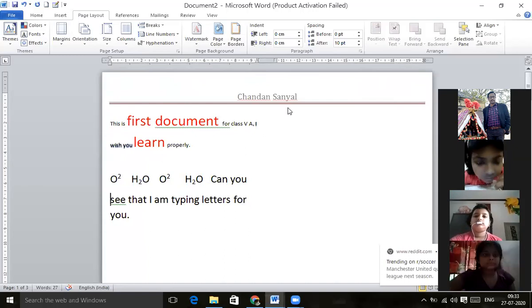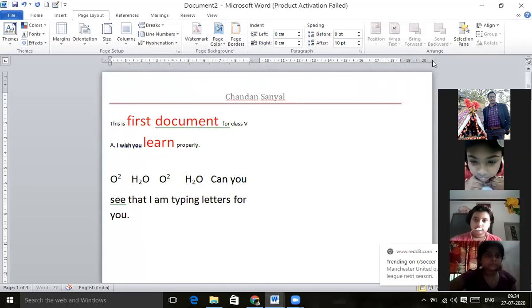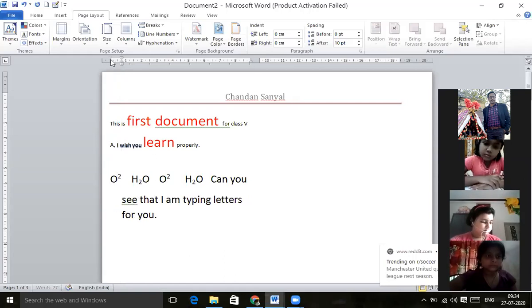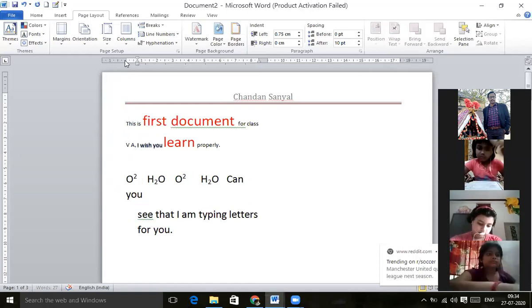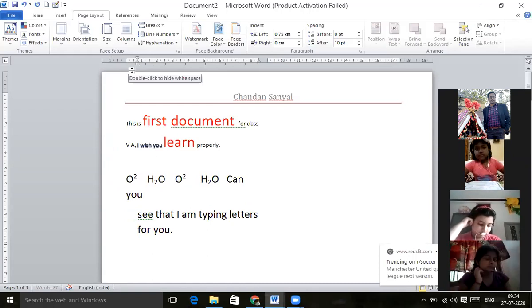Now similarly, you may want to change the rulers. If you want to change these rulers, you can drag them right and you can drag them left. So you can change the margin directly using the rulers. You can move this indent and the margin, all of that is possible. You can easily move towards the inside and outside. This is also called dragging. Through dragging also you can change the margin.